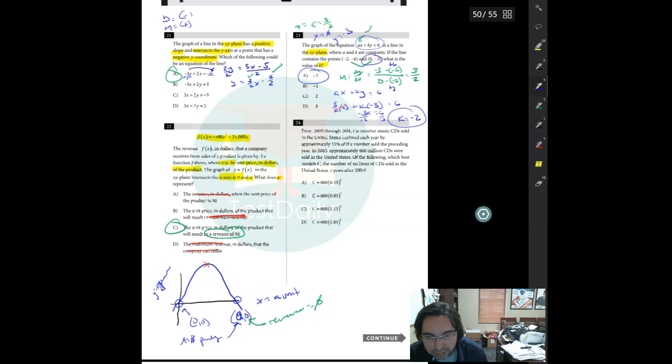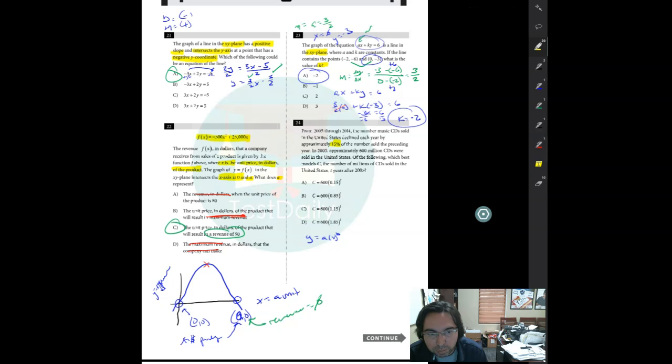Okay, 24. As I look at it, immediately I know this is exponential. I see all of these. This is saying y equals a times x to the b power, of things where it looks like we're just developing an equation out of this. This is from 2005 to 2014. The number of music CDs sold in the United States declined each year by approximately 15% of the number sold